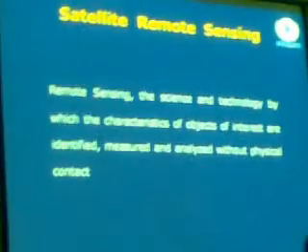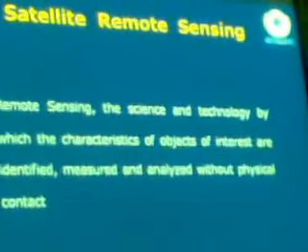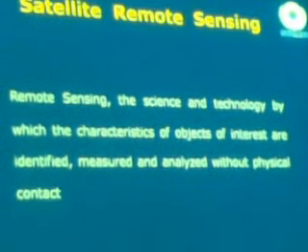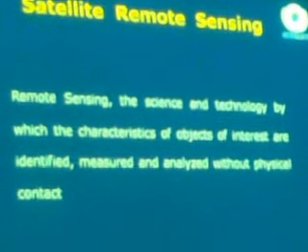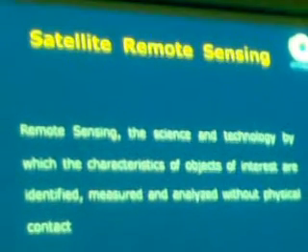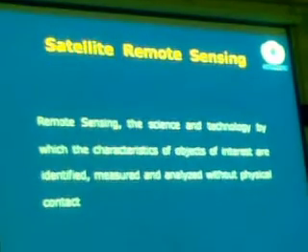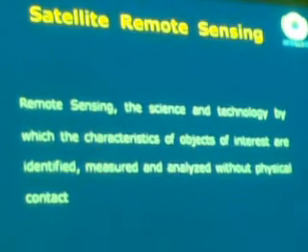This is a very general definition of remote sensing: you can capture or get information without physical contact with any object, from space or from the air or from the land, anywhere. From satellite remote sensing particularly, you can get information about objects and features on the earth without any physical contact. With the sensors, you can get the image, and the information about the things.